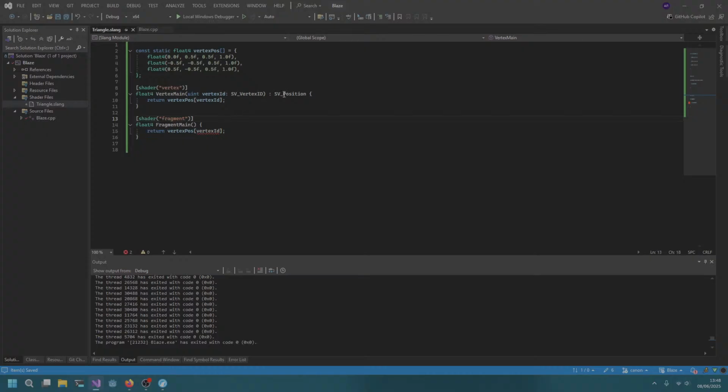So what it will do is it will look for SV position. And so we add that here. These have different names. This is SV position in HLSL. In GLSL, I think it's called gl_Position. But anyway,